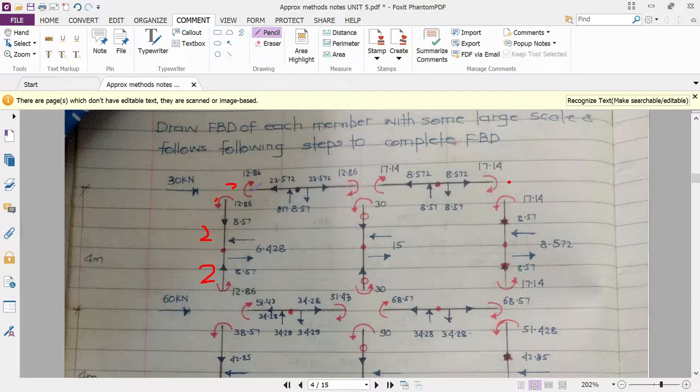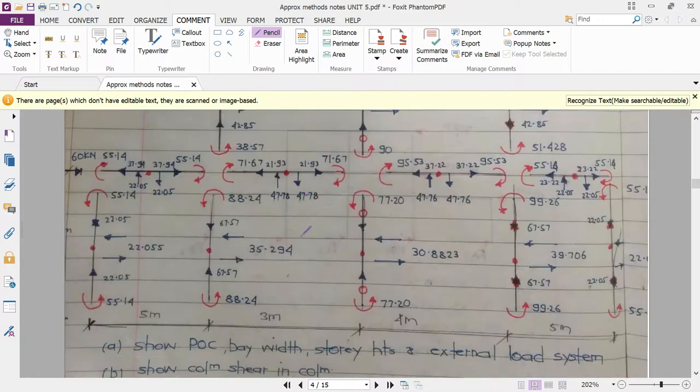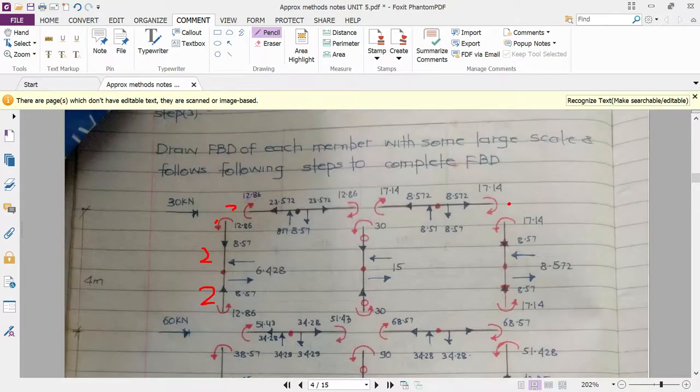Okay, now once you are getting this answer of 12.86 and 12.86, just divide this 12.86 by the half span. So what was the length of this? This is 3. Okay, so we have to divide 12.86 by 1.5. The answer will be 8.57. Here also 8.57. Okay, now as it is a clockwise moment, it will try to deflect the beam in downward direction, so we have to apply the force in upward direction, so that the equilibrium condition of this particular beam will be maintained.